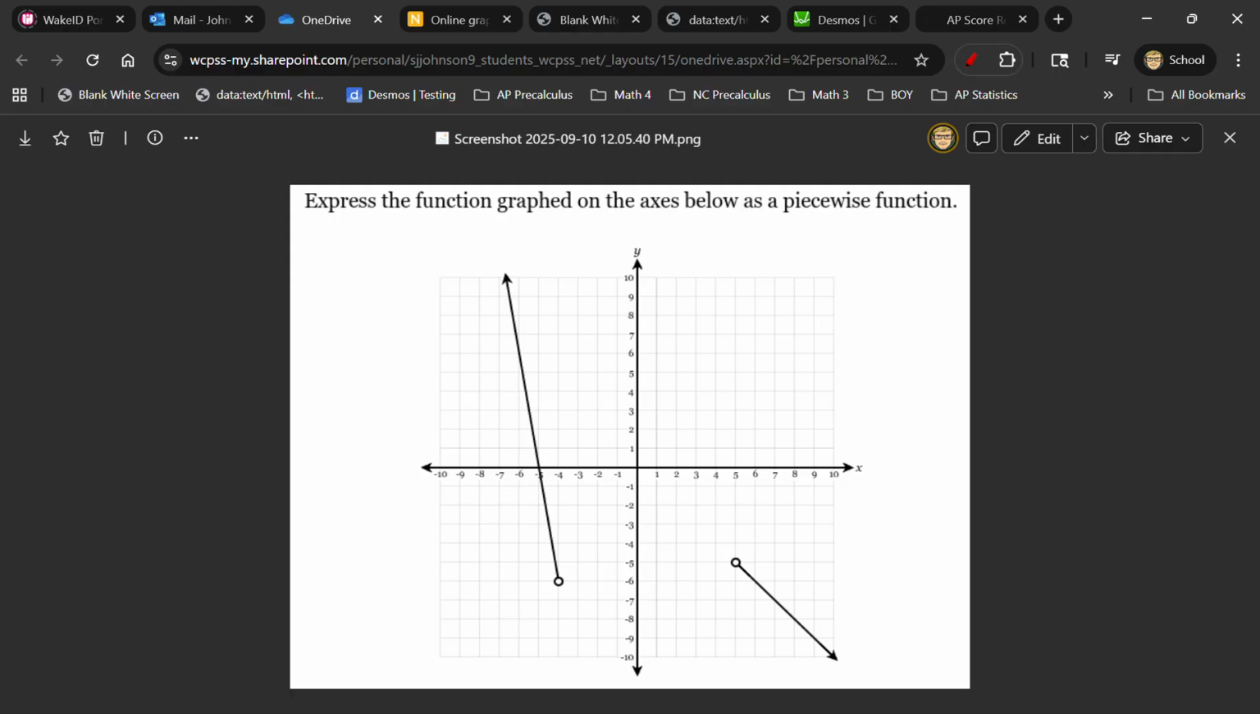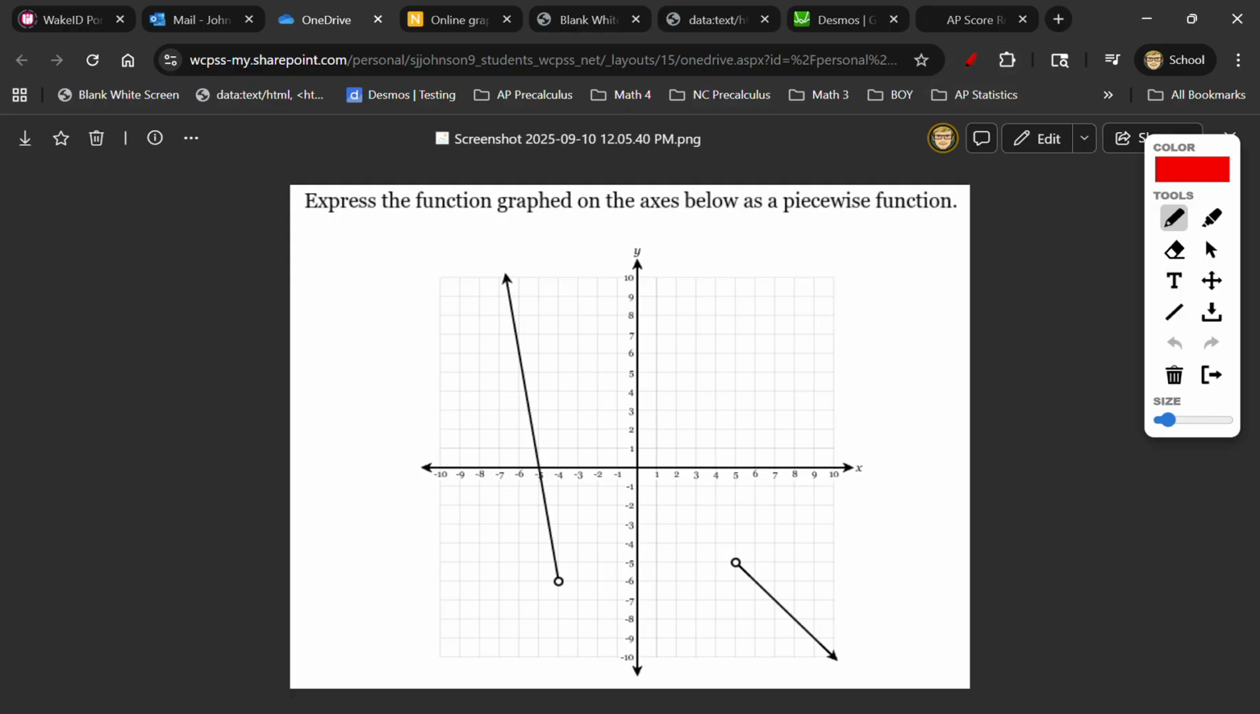Thought I would explain how to find the equation of a piecewise function given its graph. And I chose this example. A student sent it to me because,